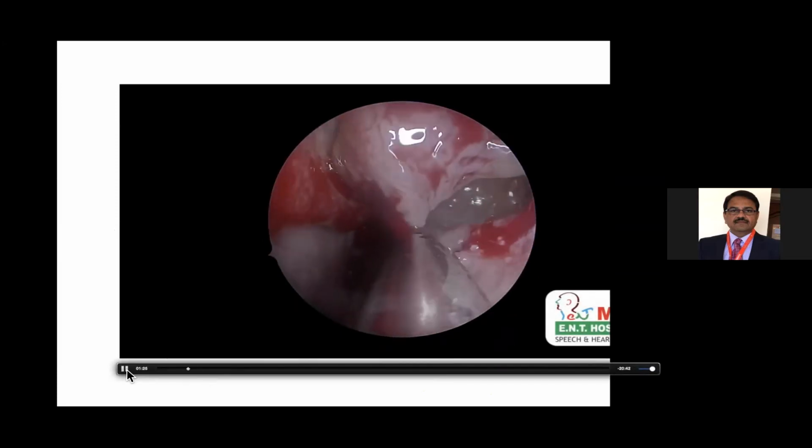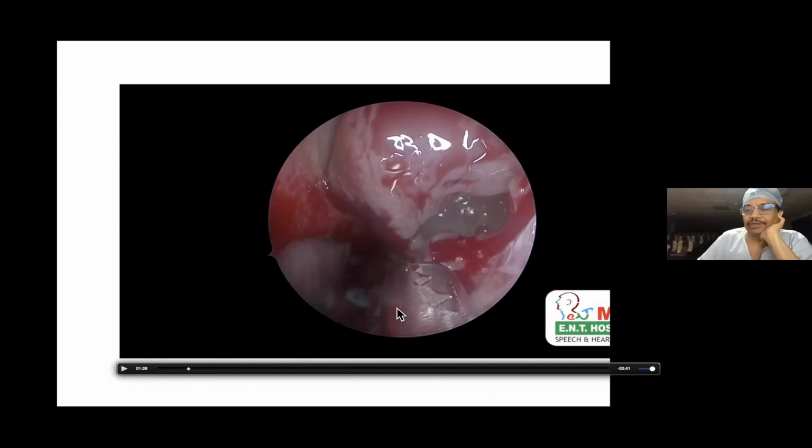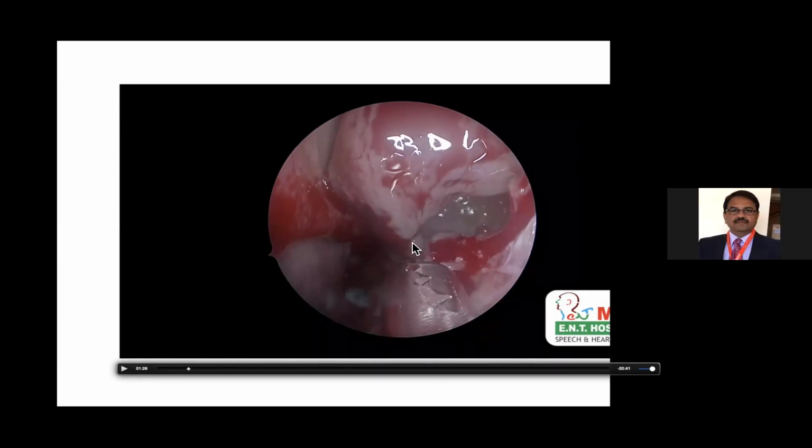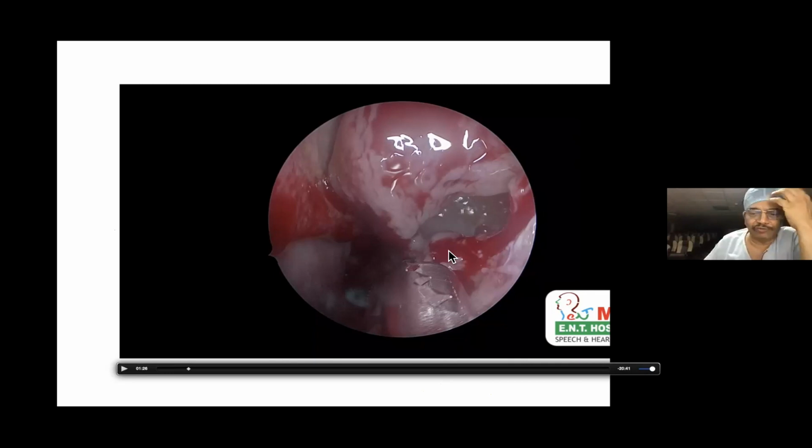So this is the horizontal part of the uncinate process and the posterior fontanelle. Here it is not very well developed. Sometimes this bone is very well developed. Probably there is some amount of hyperemic demineralization, which is why the bone is not well developed. I removed it in one go with the debrider.